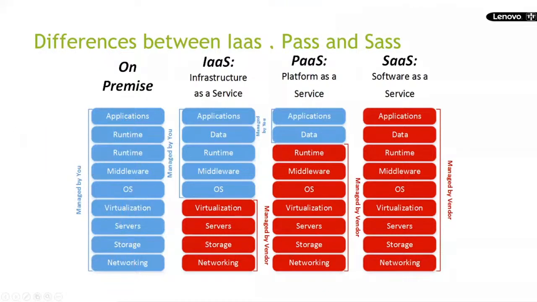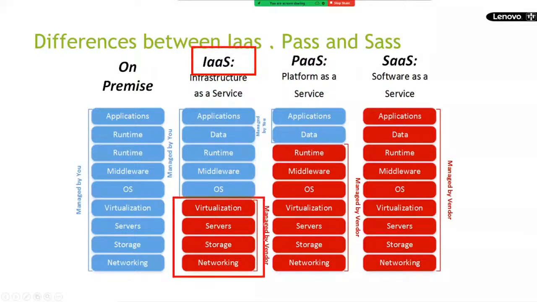Next, when you go for cloud computing, they provide only the servers. On top of it, we have to decide what type of operating system is required, either Windows or Linux. On top of it, host your application and install and configure it as per your business requirement. Next, PaaS.